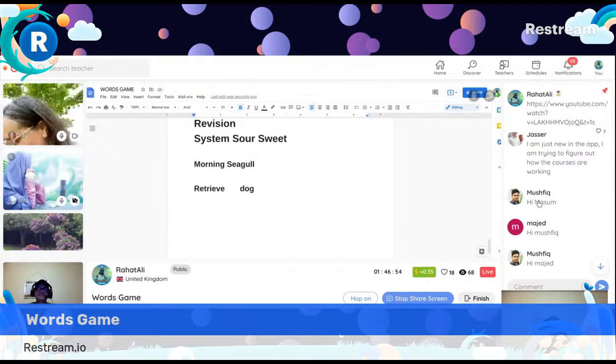So let me give an example. Teacher Julie has two retrieving dogs. Okay, Auntie. So retrieve and dog. You could also do morning and seagull, or did you already make two sentences with those words? I think they made it before you came. Okay, so now, Benny, please make a sentence with retrieve and dog.